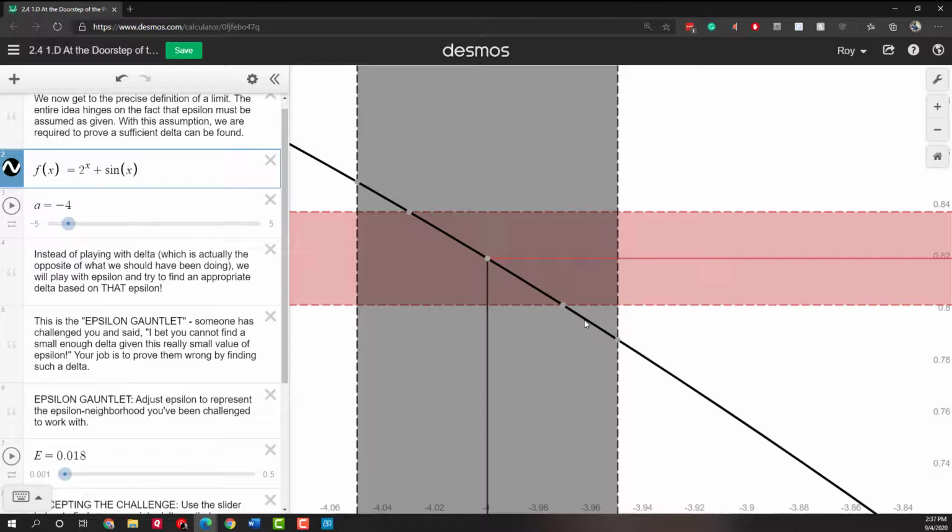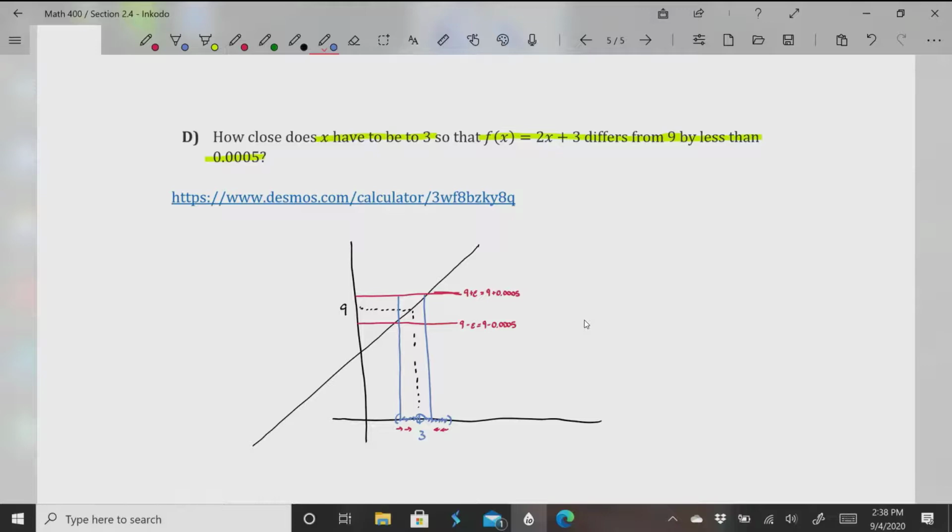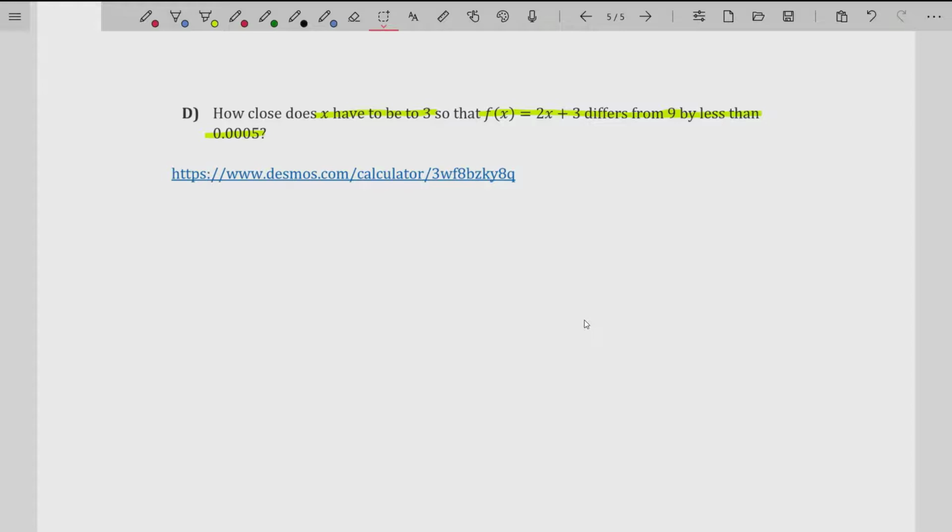Now, before I end this specific gentle introduction to the precise definition of a limit, I want to go back to the lecture notes and actually answer that last question that I asked. And here we are. We're just back here. I'm going to go ahead and erase all this. And now here comes the calculus-y question. How close does x have to be to 3 so that f of x, which is 2x plus 3, differs from 9 by less than